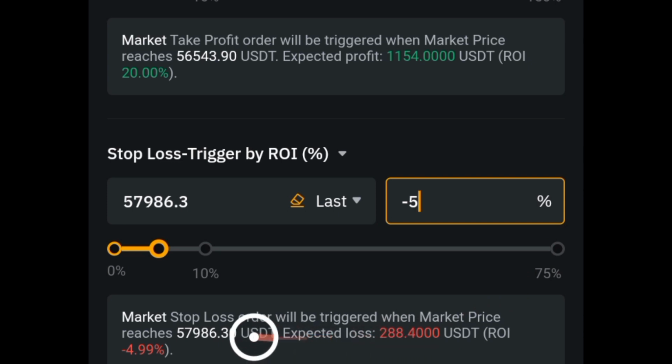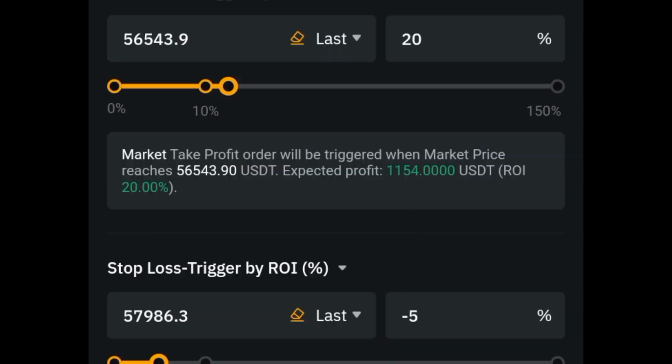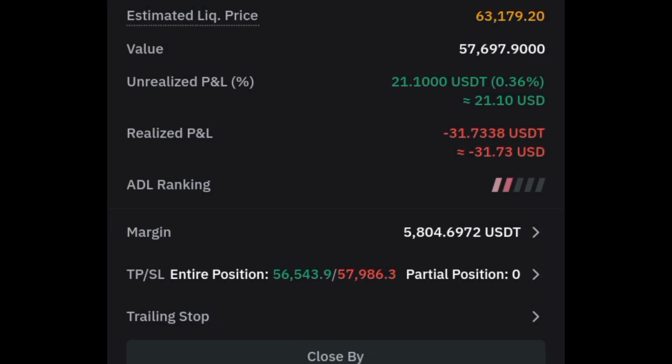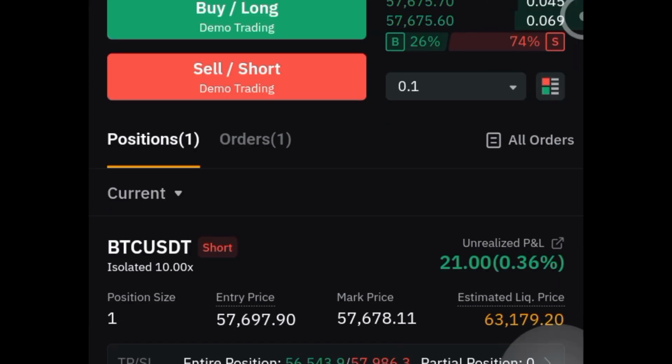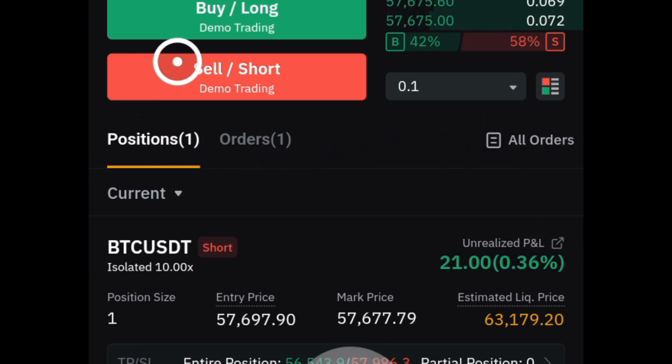That means if Bitcoin rises to 57,000 US dollars, I'm gonna be losing this. All you need to do is to click on the confirm button if you want that in place, and that's it. If we come back, you can see now that I am up 0.36%